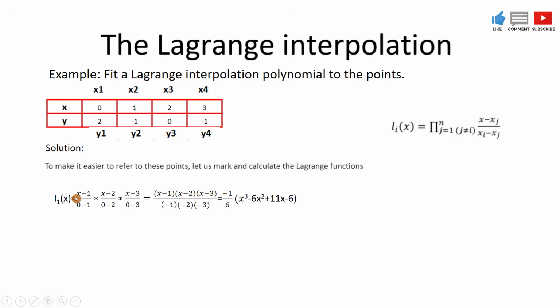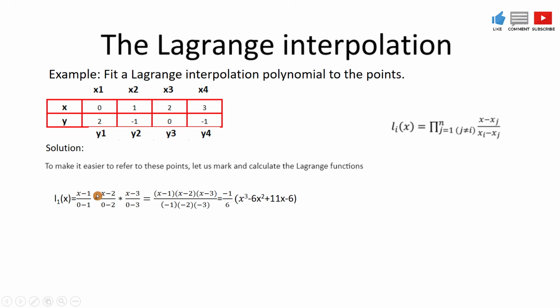L1 of x is equal to x minus 1, and xi here is equal to x1. So we have to fix x1. As we see, we fixed it at 0. So x minus 1 over 0 minus 1, x minus 2 over 0 minus 2, multiplied by x minus 3 over 0 minus 3, and it equals